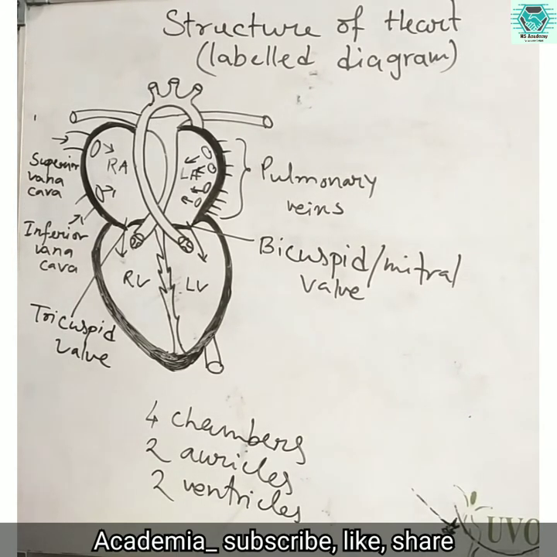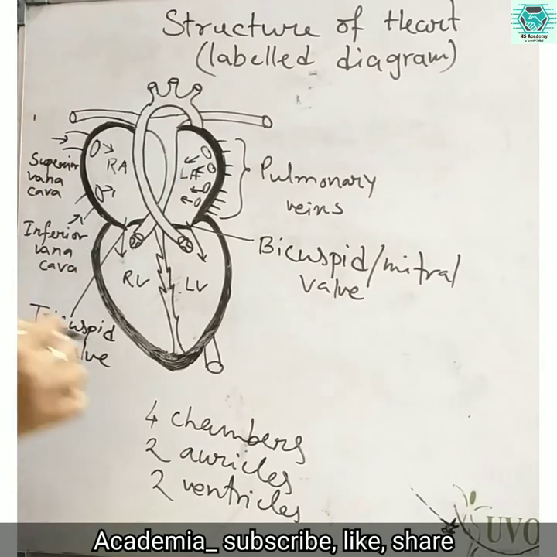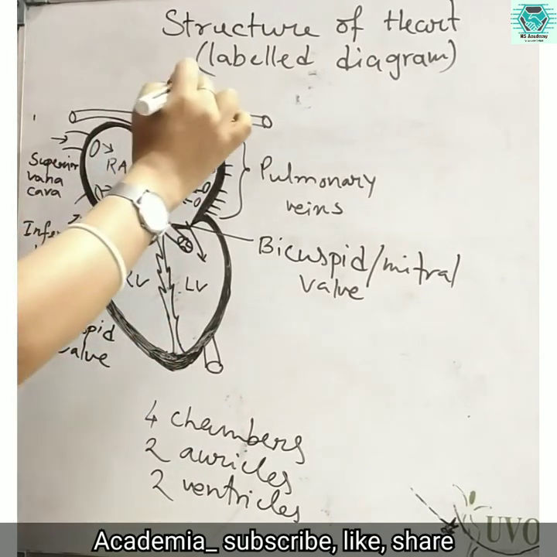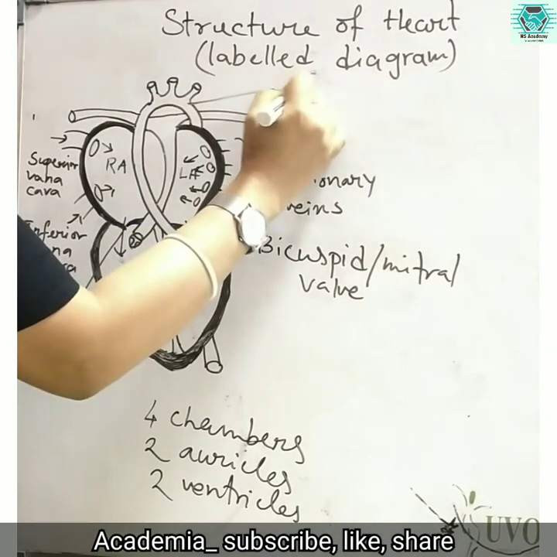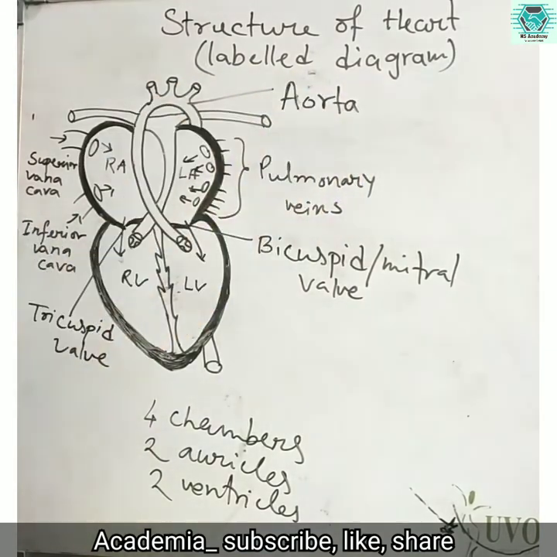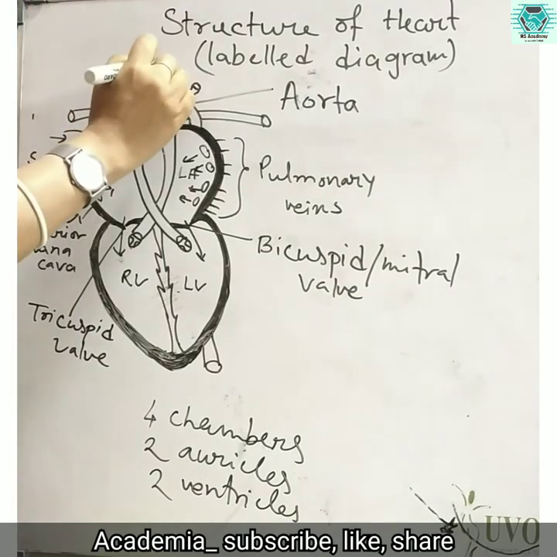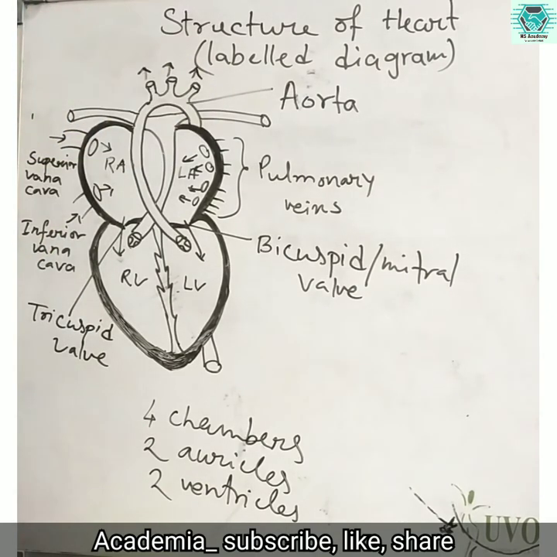Two other valves are also present at the opening of the aorta and pulmonary artery. Now what is this? This is the major artery called the aorta. So what are the branches of the aorta called? Here I have drawn the short branches, but the branches actually extend upward so that they can deliver blood to the head, the neck, and the upper limbs of the body, and also the aorta